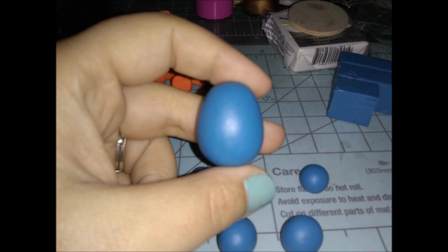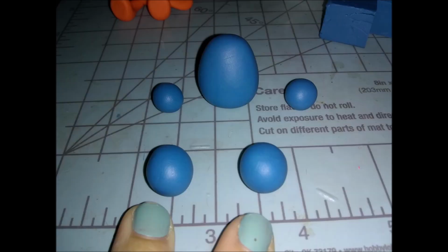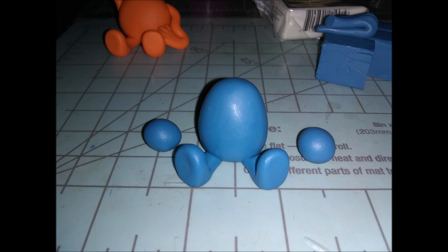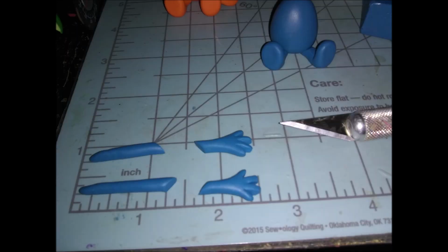For him, he is an egg shape, so just roll it into an egg shape and then press it down gently on your work surface so that it'll stand up flat. You don't have to lay it down and press it with your hand, though. Next, we're going to use the 2 balls in the front to make his feet, which you're going to roll into teardrop shapes and then press again to make the feetsies and cut it off a little bit shorter than Mr. Tickles was. Then I went on ahead and stuck them on the body